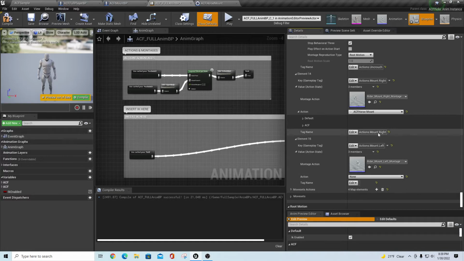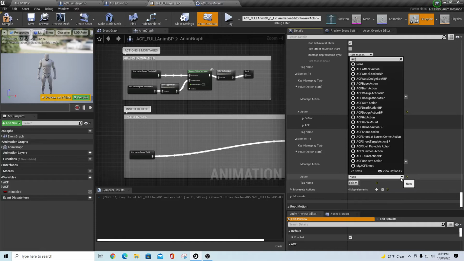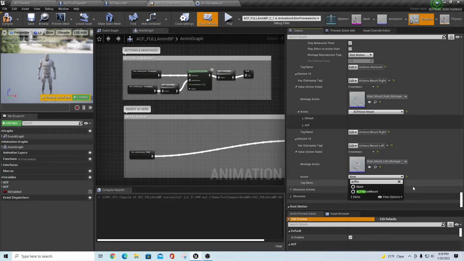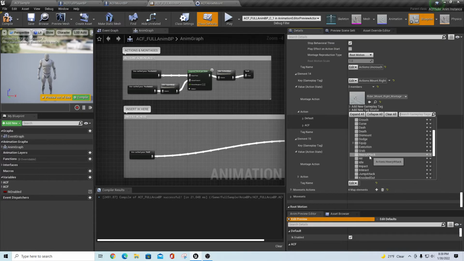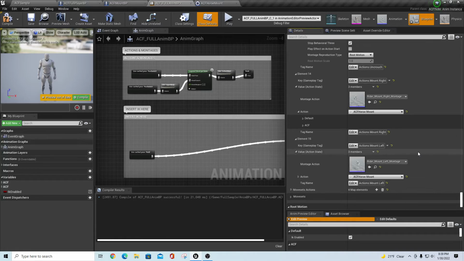And under the action, we're going to use the same ACF horse mount action that we created earlier, ACF horse mount action. And again, we'll just put our duplicate tag name in here, ACF mount left. And so now we have two montages, one for the right, one for the left, and these